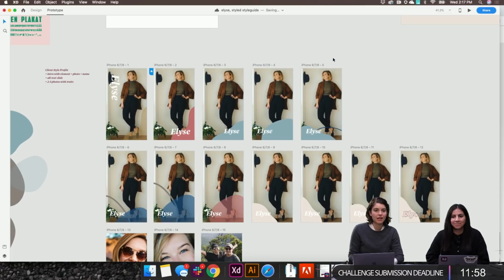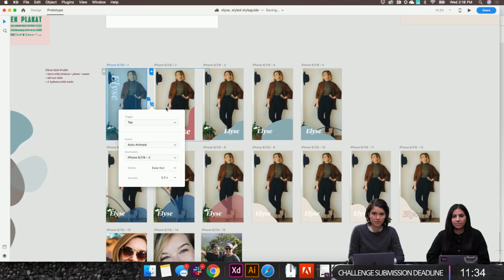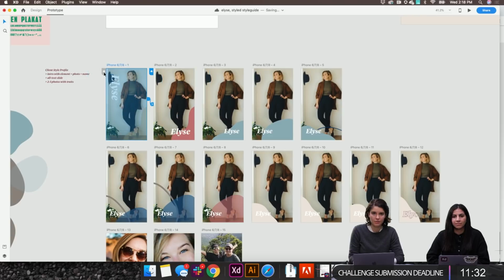With auto animate, it works a lot like Magic Move in Keynote, if you've ever used that to do presentations or prototypes. If it's the same element, it recognizes that and smooths the transition between the two states of that element. Actually, I will use this auto animate and make that the home.